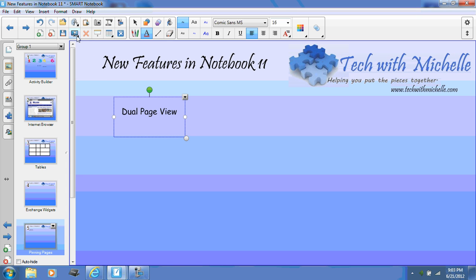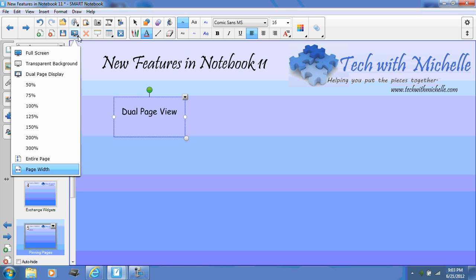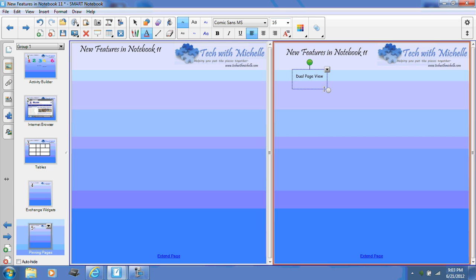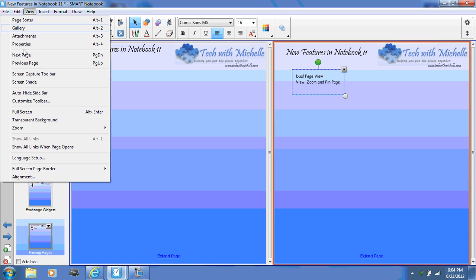So I'm going to be in dual page display. And then I'm going to go to View, Zoom, and then Pin Page. So those are the steps I'm going to take. View, Zoom,